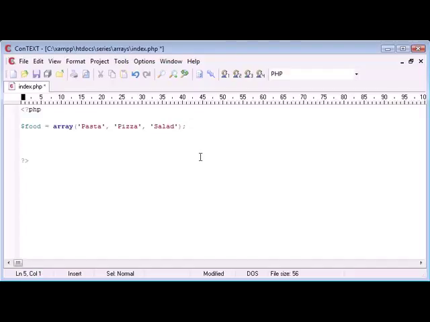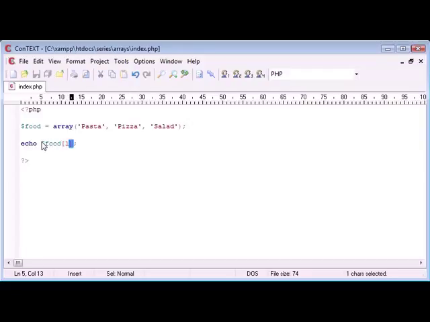So if I want to access, say, pizza, I'm going to say echo food, and this time I'm using square brackets. This is accessing the key of the array inside here, the element of each array, and I want to say 1. Now 1, you'd think normally would be relative to this one, but obviously this is 0, this is 1, this is 2. So we're echoing out key 1 of the array food,